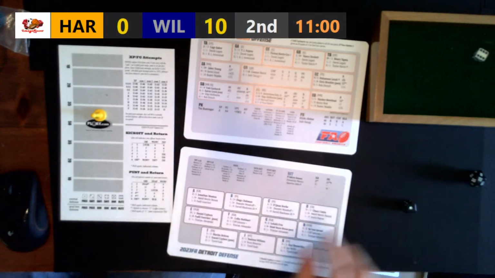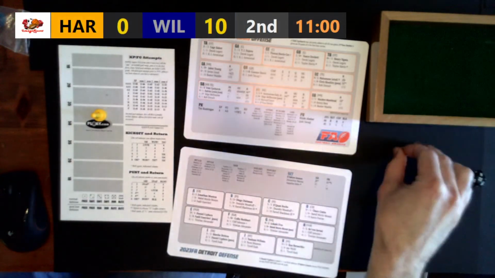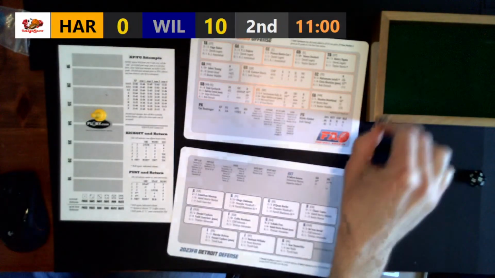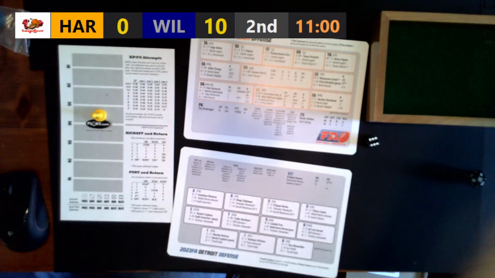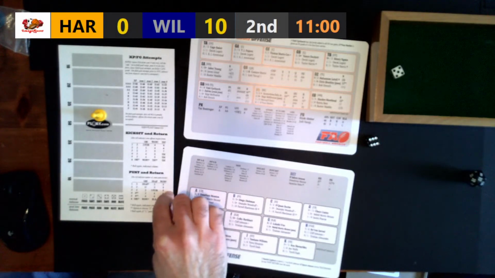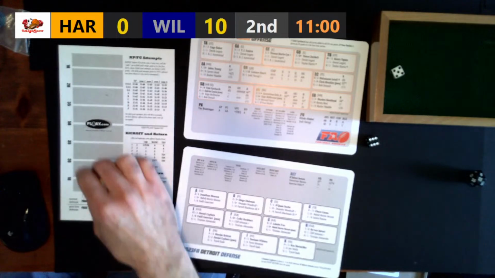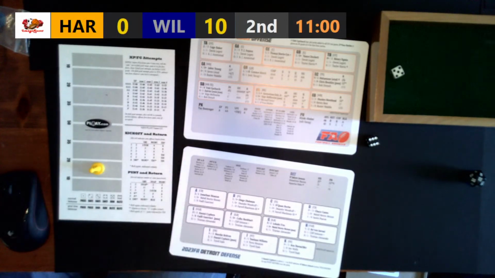And it is going to be an O result. So let's see how that turns out. And it's going to be a wow result. And it's going to be a 5. So basically, that thing's going to go right into the end zone. It's just going to be brought out to zone 2.